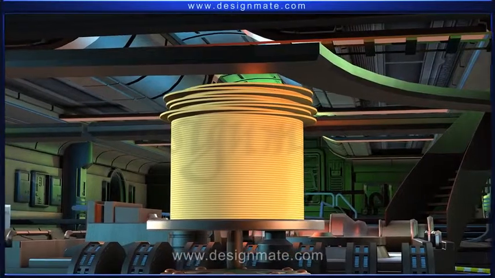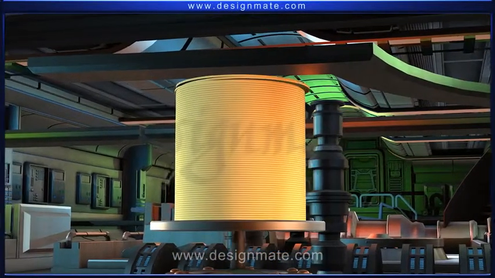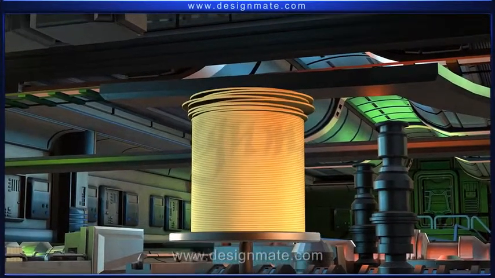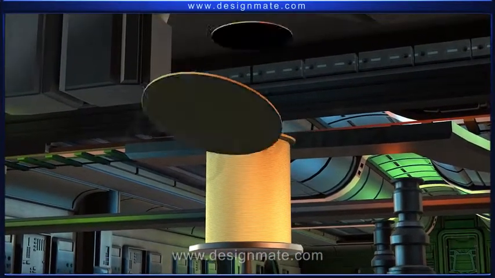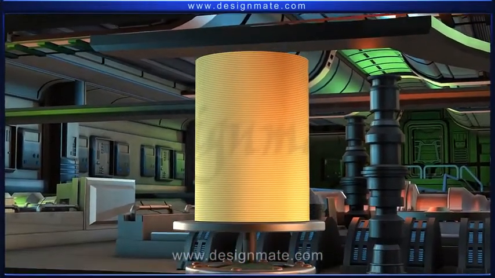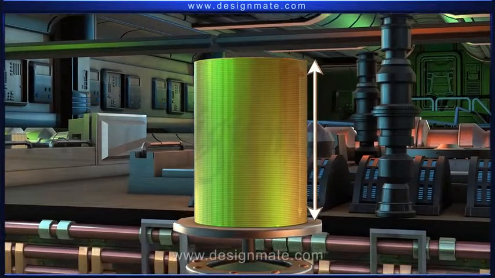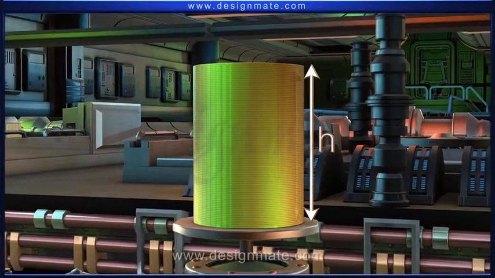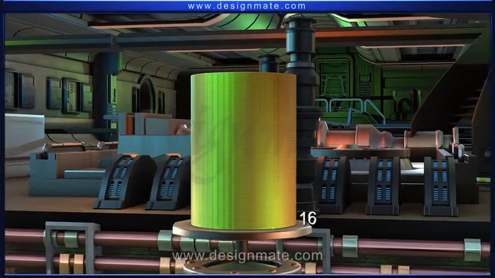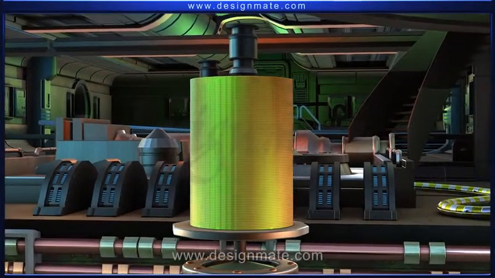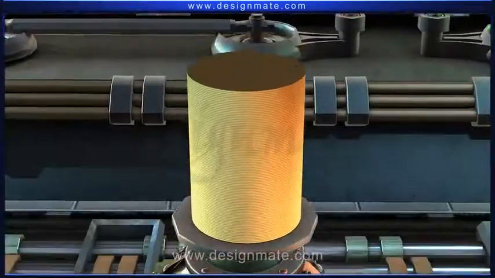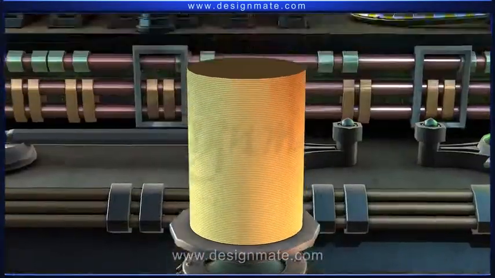From this activity, it is clear that if we keep adding the areas of these circles, we will get the volume of the cylinder. As the thickness of the paper is negligible, we cannot say for sure as to how many circles will fit into the height h of the cylinder. But we can be sure of one thing, that is, whatever be the number of circles used to form the cylinder, we will always get the volume of the cylinder by multiplying the area covered by the circles by the